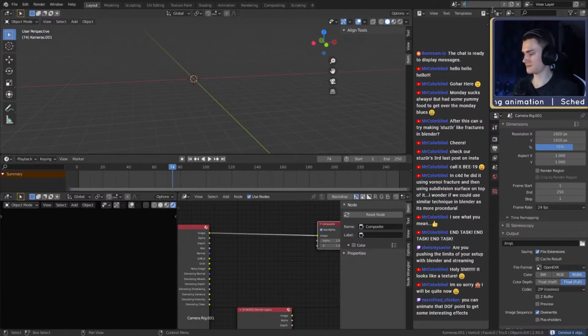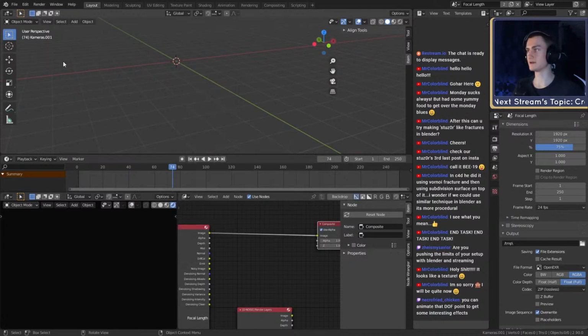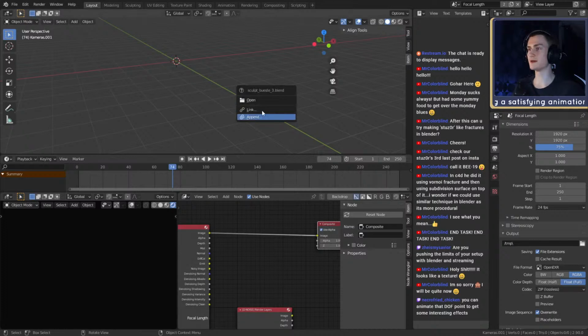You can call that focal length, for example. Oh, there's a T missing. Focal length. And then you basically have two Blender projects in one. So, for example, if I now import one of my busts right there. Oh, nope. Not open, but append. There we go. Takes a while because it's so dense. There we go.